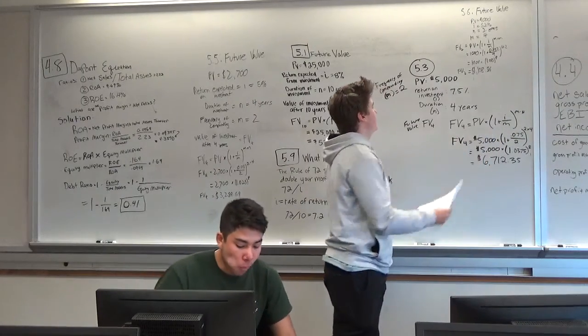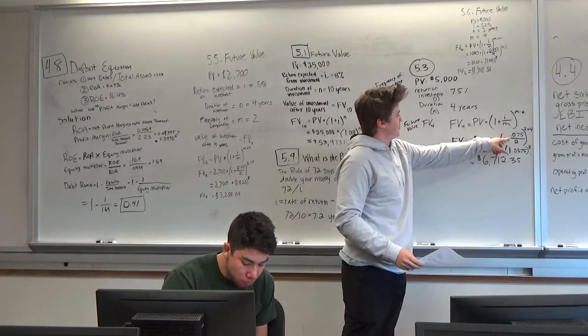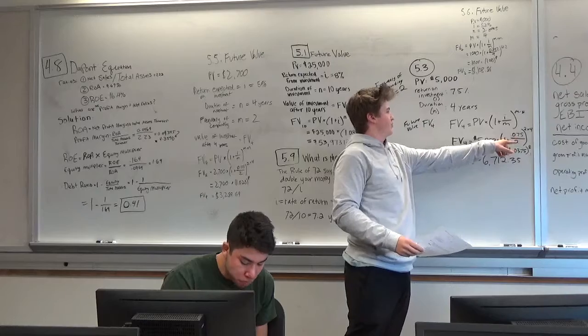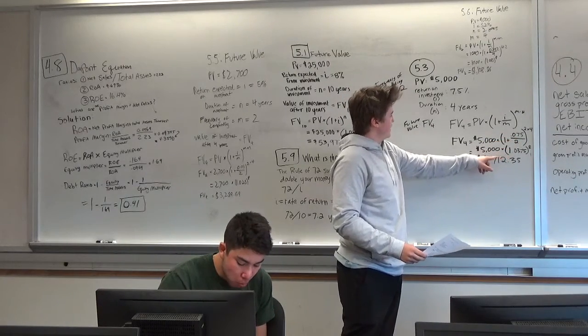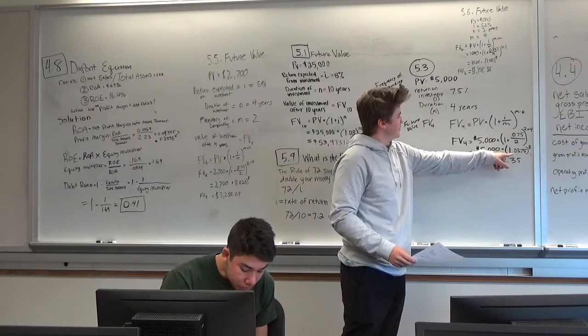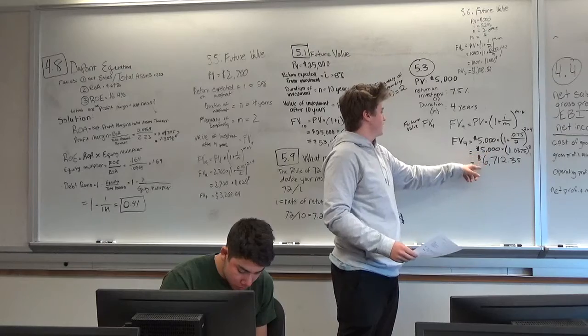And then, so you take $5,000 and you multiply it by 1 plus 0.075, which is 7.5%, divided by 2. And then once you get down here, you do 1.0375 to the 8th power times 5,000, and get